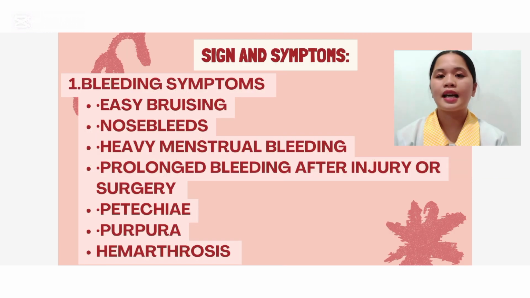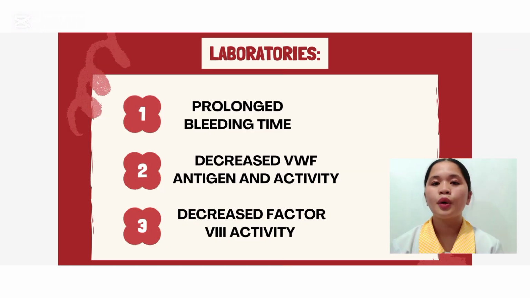Now we will go to the signs and symptoms. We have the bleeding symptoms, which include easy bruising, nosebleeds, heavy menstrual bleeding, prolonged bleeding after an injury or surgery, petechiae, purpura, and hemarthrosis. On the laboratory findings, we have prolonged bleeding time, decreased von Willebrand factor antigen and activity, decreased factor VIII activity,